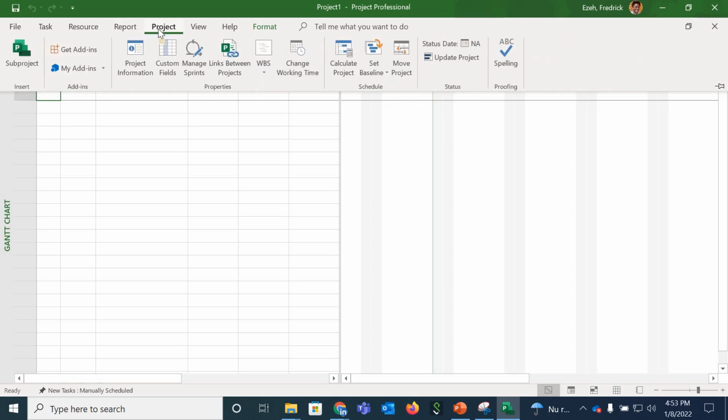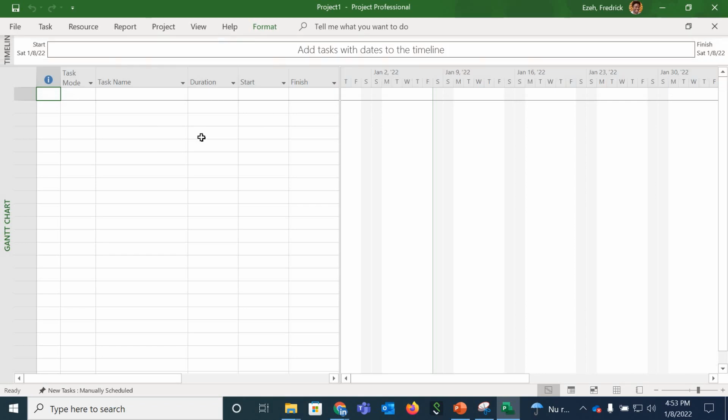If you go under the Project tab, you see the same. It has its own different groups like Properties, Schedule, Status, and in each group there are commands. And we will be practicing with each of these, or some of these, to show you how to basically use